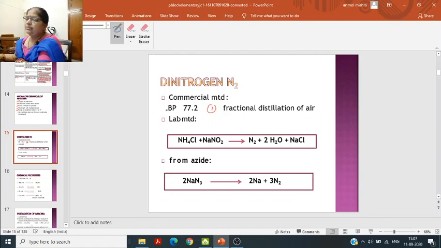In the lab, this is the lab method, ammonium chloride reacts with sodium nitrite. It forms nitrogen, water and sodium chloride. If we want to prepare ultra pure